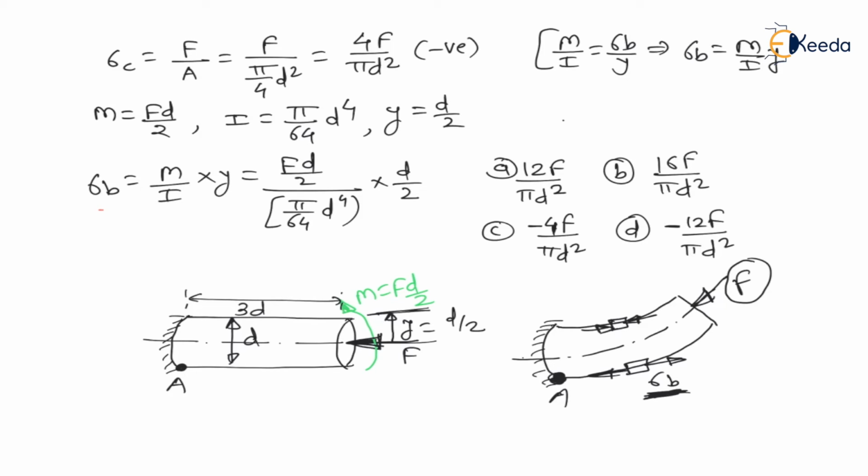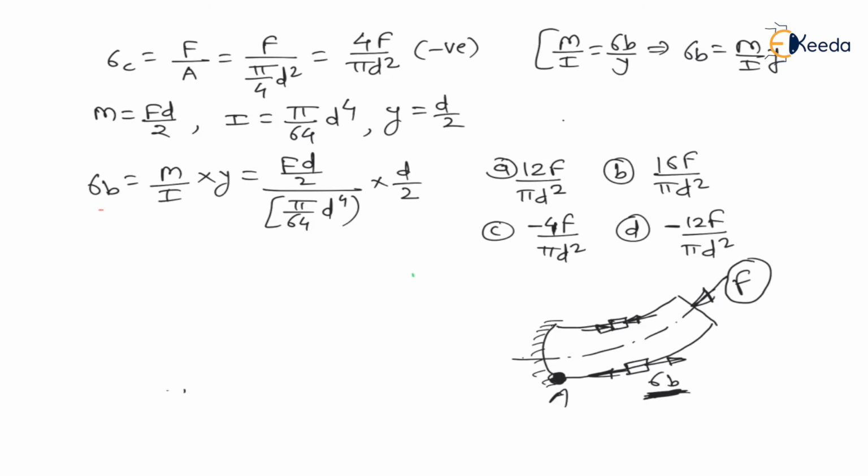Now let's simplify this. What will be the answer? We will see. This 64 will go up. Cancel the terms which can be cancelled. First, this 64 will go up. Then F d will multiply d square. Then this 2 and the downward 2 will come down and multiply each other, pi d to the power 4. Now 4 gets cancelled, 1 and 6, 16 will remain. 16 F d square, and d to the power 4 cancels, d to the power 2 will remain. 16F divided by pi d square. This is the bending stress.